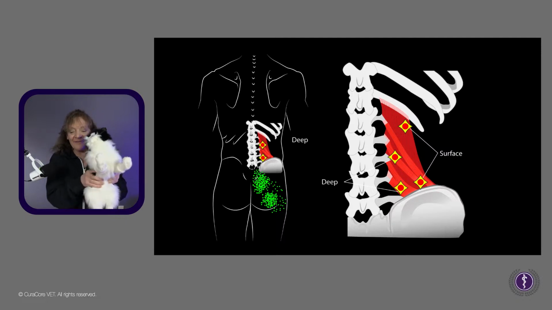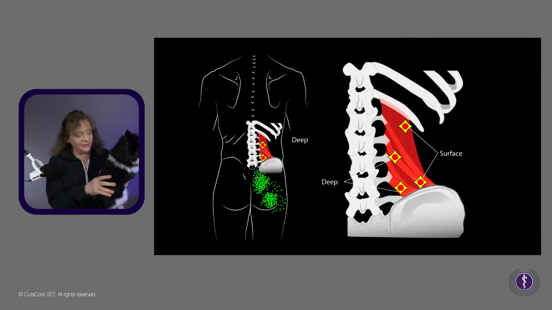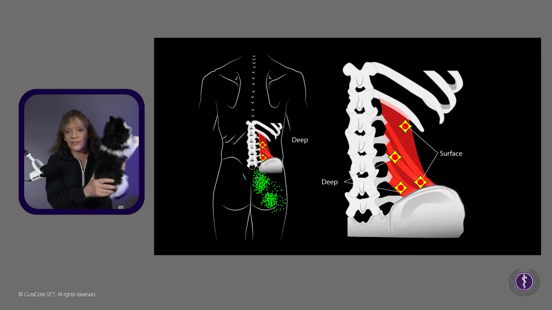But I'm finding that, with the right approach, cat massage even for belly stuff within reason and with education, and come to our course if you want. But it's not that you can't touch the belly of a cat. You just have to do it correctly. And for horses, yeah, we can work with somatovisceral reflexes.